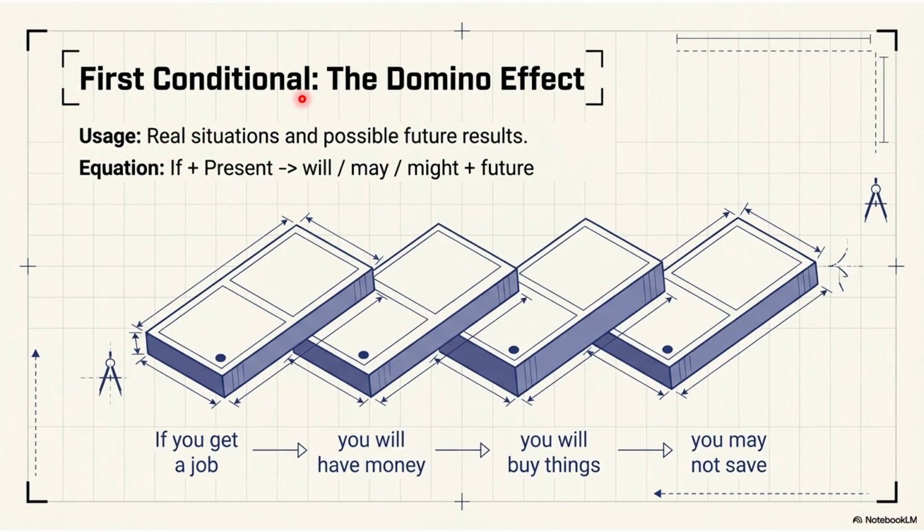So in the case of the first conditional, we use if plus present, and the result is with will or may or might. As you can see, all of these are modal verbs that we use for future situations. Remember that might is a modal verb about a future possibility. It's more specific than will about possibility. Okay? So, the structure is if plus present, and the result is with will, may, might.